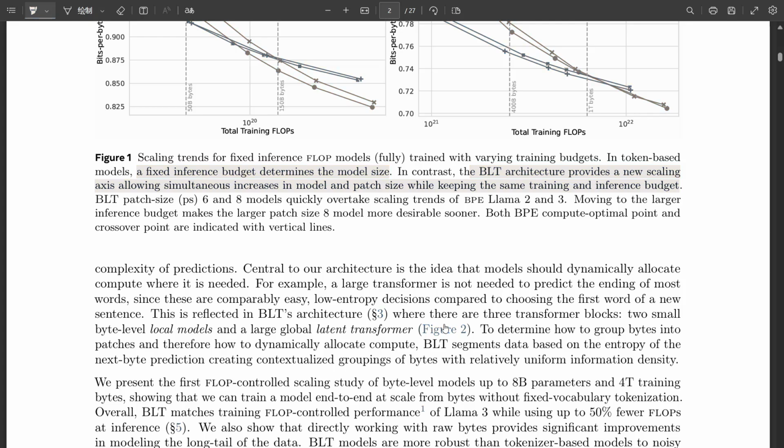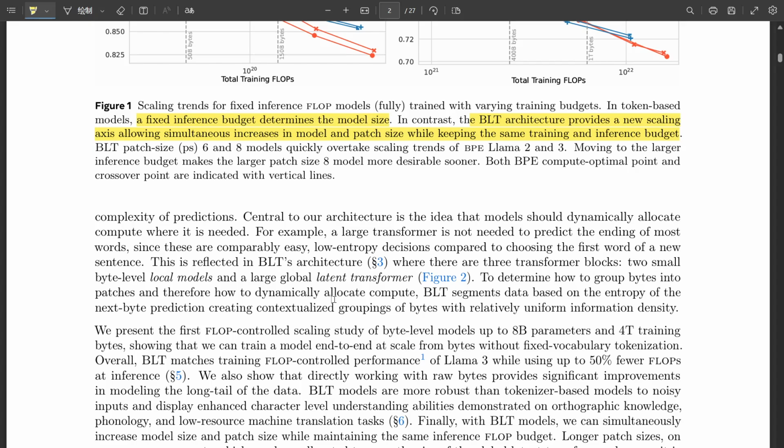Well, the structure of BLT is really quite fascinating. They actually described it as a 3-part symphony in the research. I love a good analogy. So we start with the local encoder, which is like the first movement of the symphony. It takes those raw bytes and turns them into the dynamic patch representations that we've been talking about. So it's setting the stage. Exactly. Then we come to the star of the show, the latent global transformer. This is where all the magic happens. It analyzes those patches, figures out what they mean, and how they all connect together within the text. So it's like the conductor of the orchestra bringing everything together.